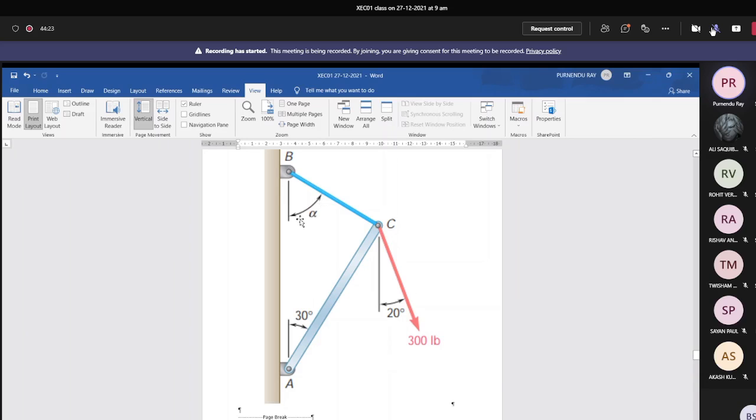So how many unknowns are there? The force developed in this member AC and the unknown angle, for which there will be a value given for the member CB. So there also, graphically, semi-graphically or completely analytically, there is no harm. Whatever method you prefer and feel confident with. But not always will you find similar kinds of forces, whether horizontal or vertical or inclined or a combination, where the unknowns are only two magnitudes. It's not like that. It may be one value, one direction. It may be both the directions.